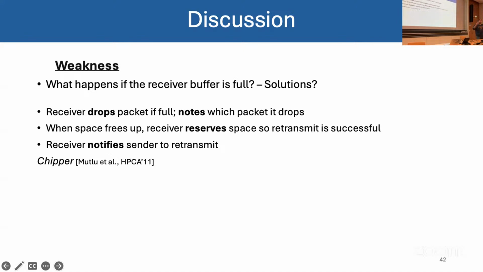Yeah, so the first idea was to just send an acknowledge packet or something so that the sender directly retransmits the packet, but then congestion would even increase further. Another idea would be to basically reserve space, send an acknowledge packet to the receiver, and